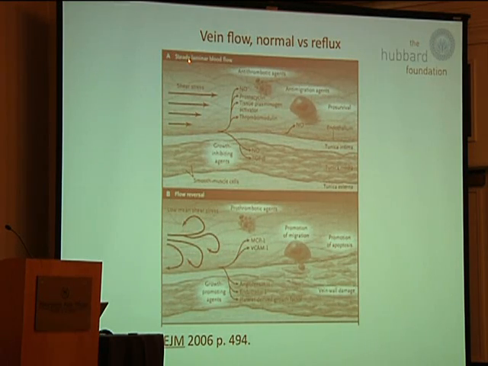But so with normal laminar flow, shear stress sounds like it should be bad. It's actually good. You want the stream, you want the Mississippi going down straight. You don't want it turbulent. You don't want eddies on the side. You want it going down nice and smoothly. If you don't, if you get flow reversal, if you get reflux, then bad stuff happens. Bad stuff leading